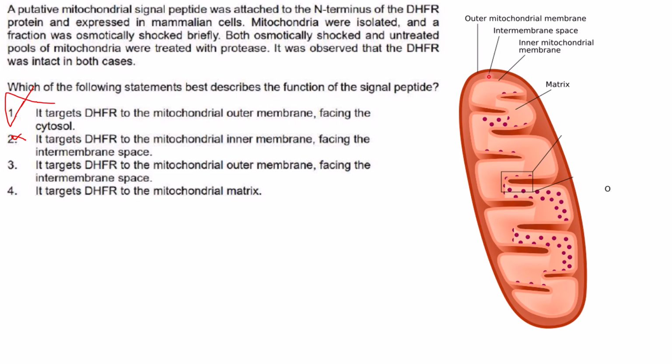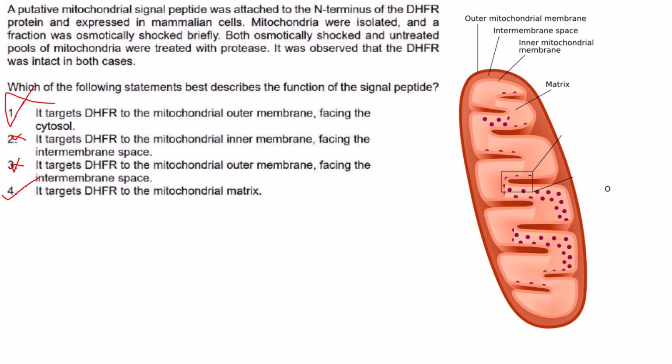then osmotic shock treatment, that is disruption of the outer membrane, would have exposed it to protease, resulting in digestion. But the observation is DHFR was intact, so that is also not the case. Then it targets DHFR to the mitochondrial matrix. Yes, that is correct. Now because